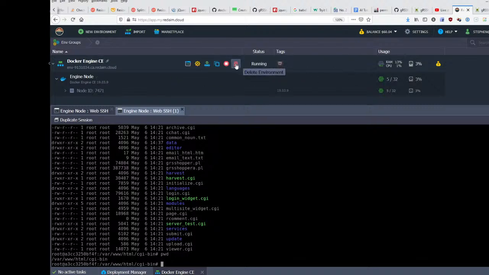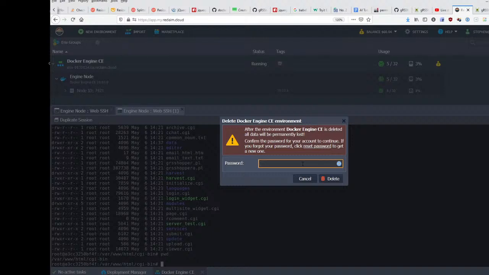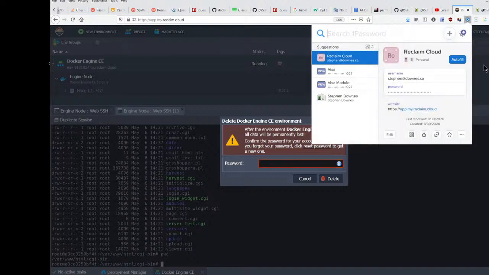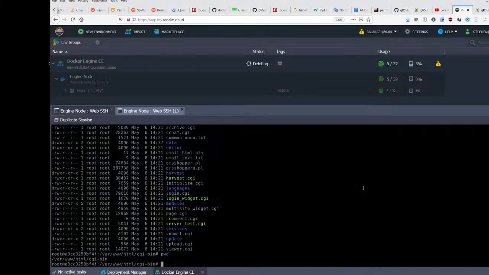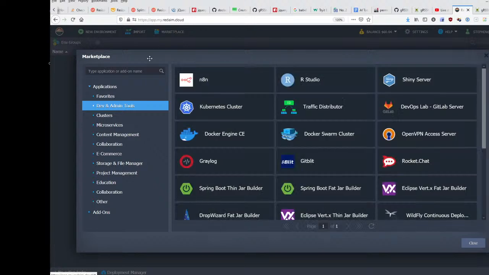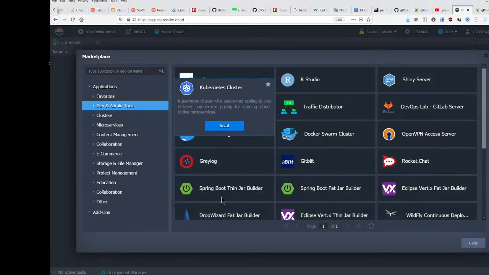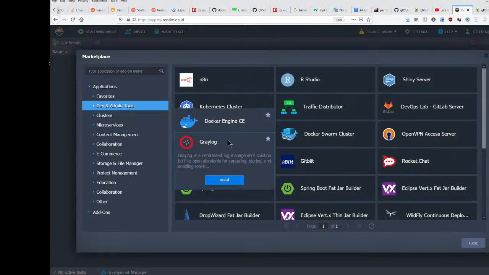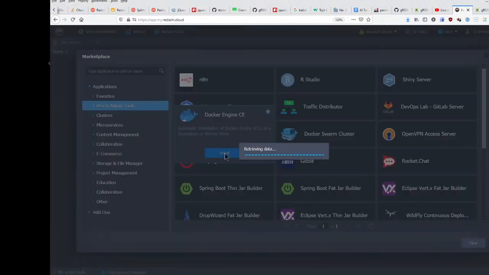So I'm going to delete this environment. And there it goes. Wasn't working anyways. And we're going to start over from scratch. New launch, right? I'd like to fail more quickly than this, but